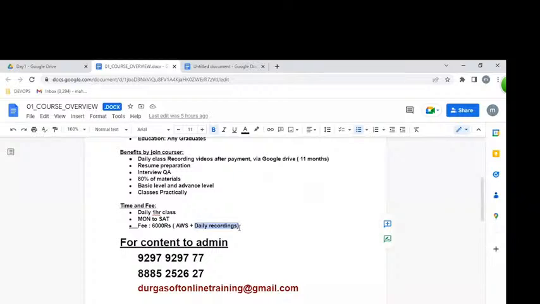What exactly we are going to be covering in these 2.5 months: the first document, you know very well, is the course overview. The second document is the AWS content, totally around 10 pages.